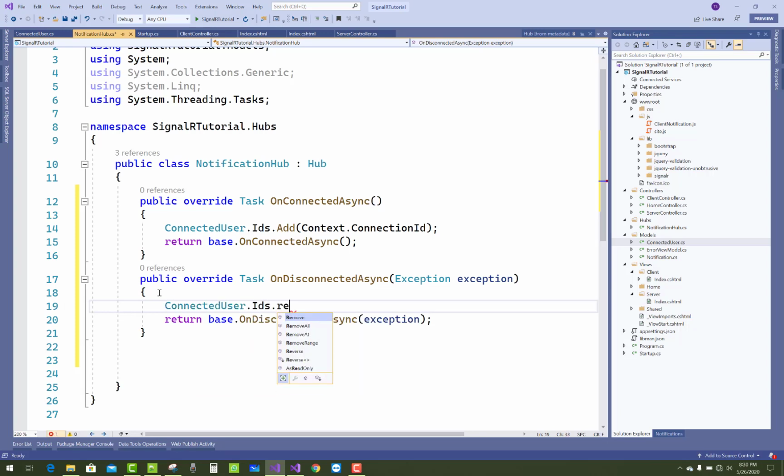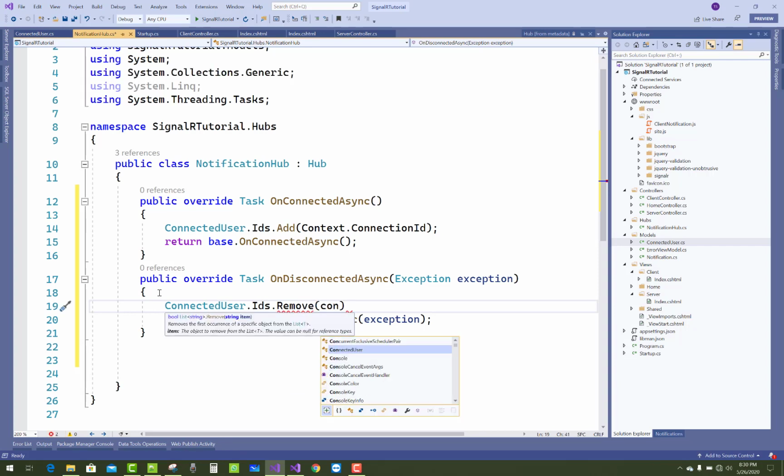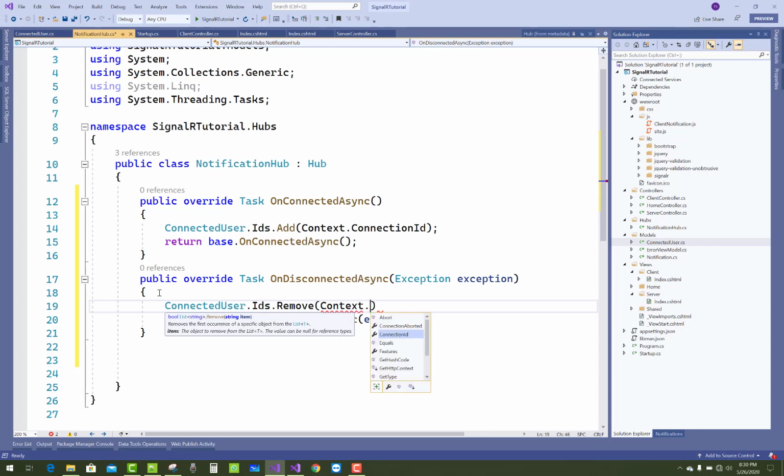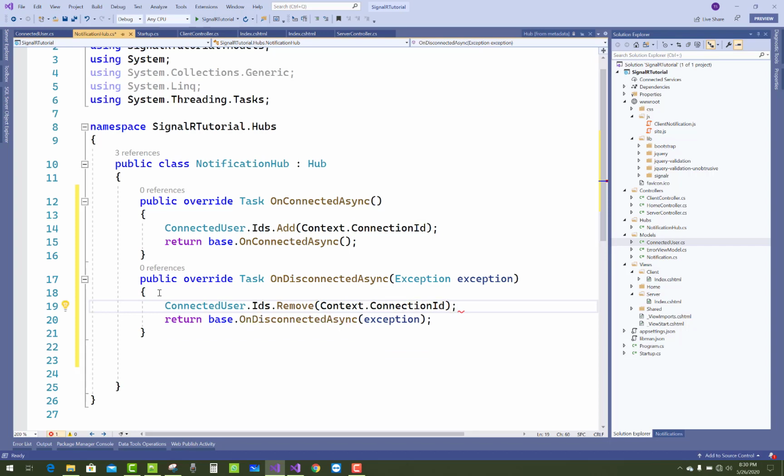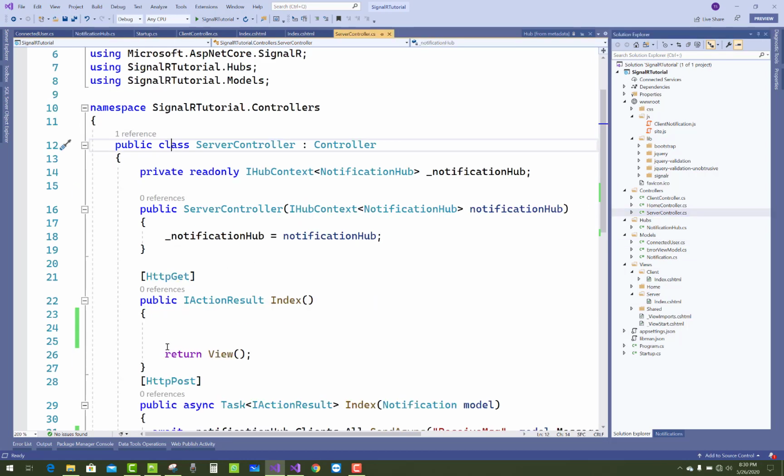IDs.Remove with context.ConnectionId. I just want to remove the connection IDs. Okay, so that is the simple task.